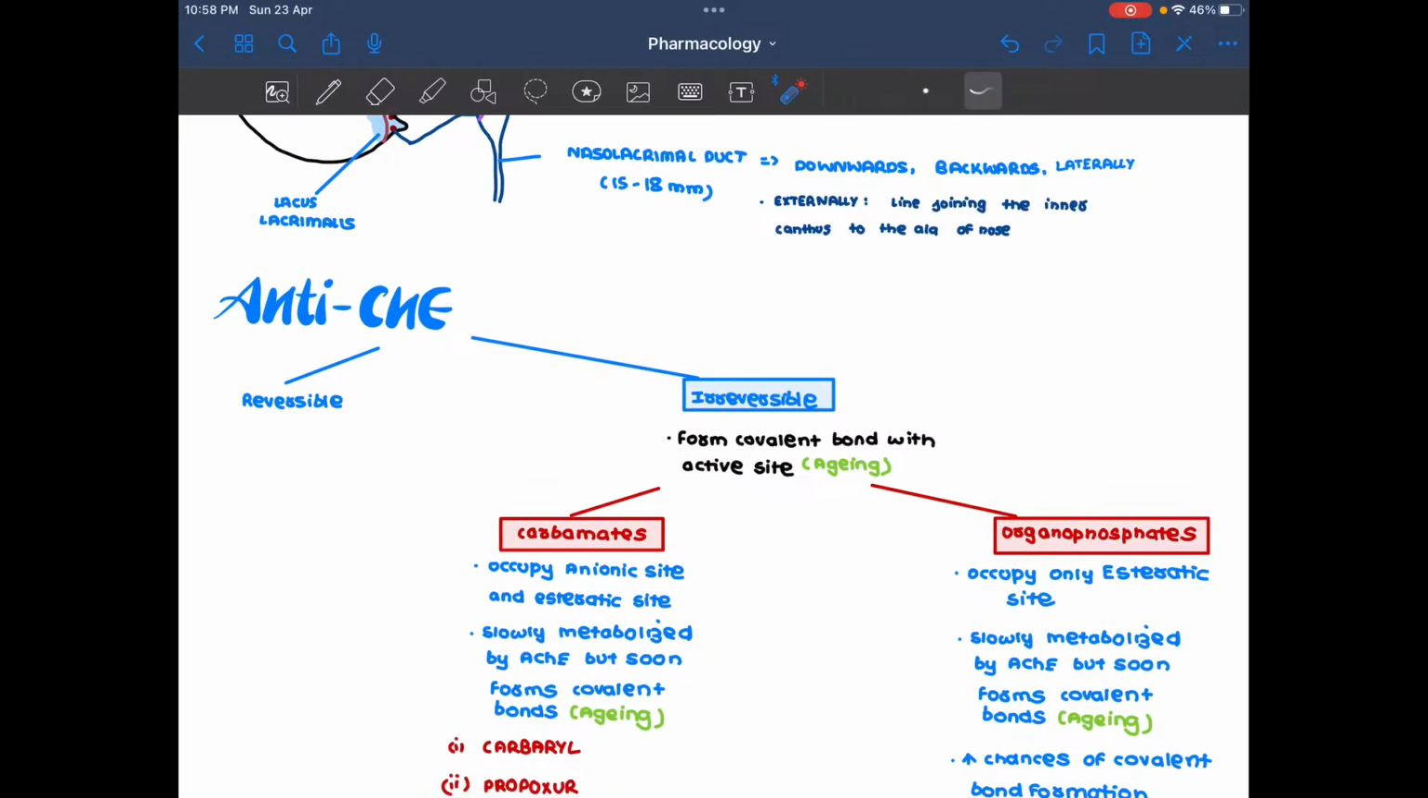Now the second drugs that we're going to talk about. So अभी हमने क्या discuss किया? Cholinergic agonists. Now we're going to discuss anticholinesterases. We've discussed the cholinesterase enzyme, how it has an anionic site and an esteratic site. Okay? So उसमें we have two types of anticholinesterases. We can have irreversible, we can have reversible. So irreversible हमारे